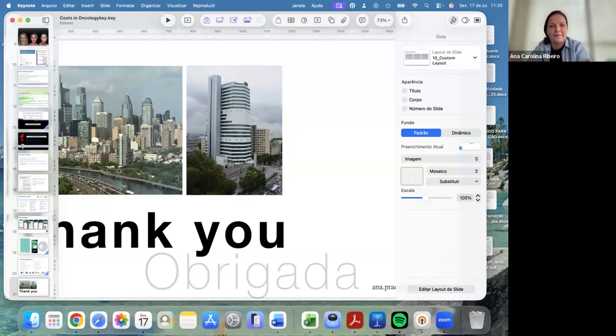We have plans to use it at first with head and neck cancer patients, but I believe we can use this app with different kinds of cancers, breast cancer, lung cancer, and we can add different financial toxicities in this app to cover different kinds of cancer,